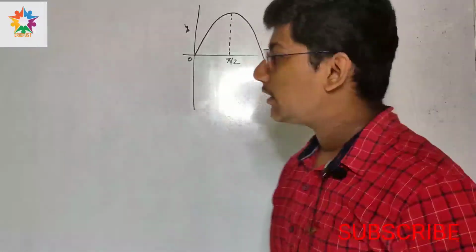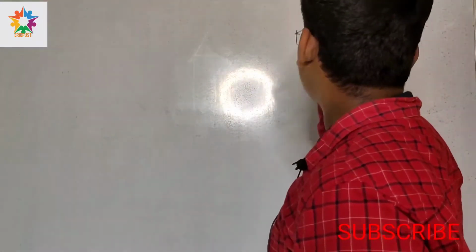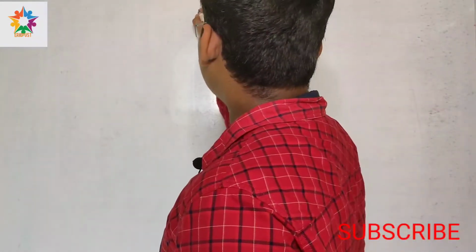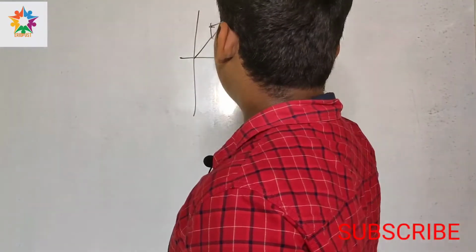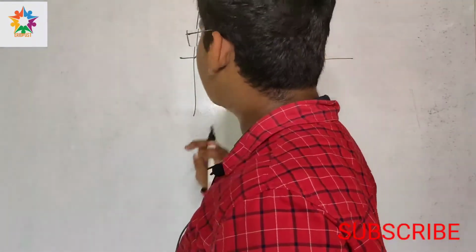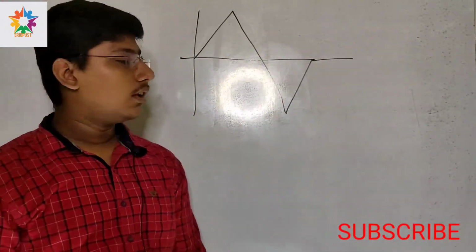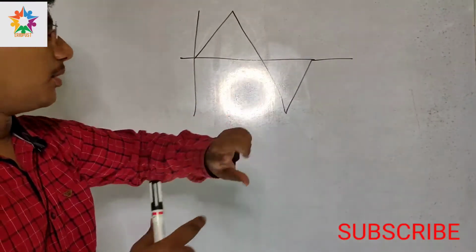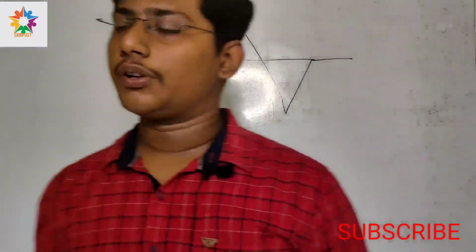Similarly, let me have another example for you all. This is not a function, it is just a simple diagram. Again, you can say that this is an alternating quantity. How can you say that? Because again, it has a maxima here, it has a maxima here. If I combine them, I get a complete shape. So this is an alternating quantity.